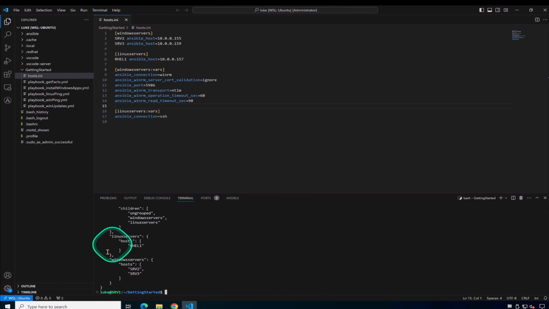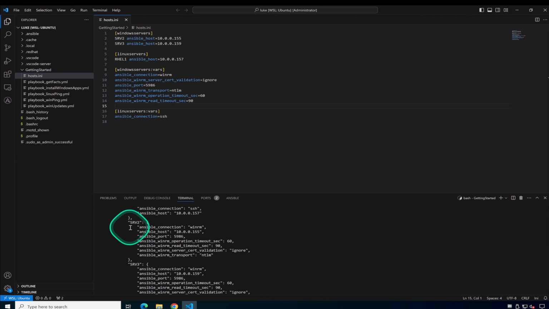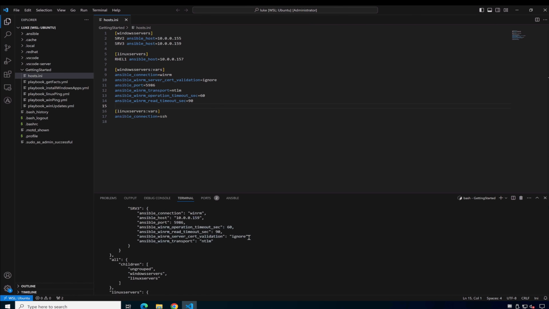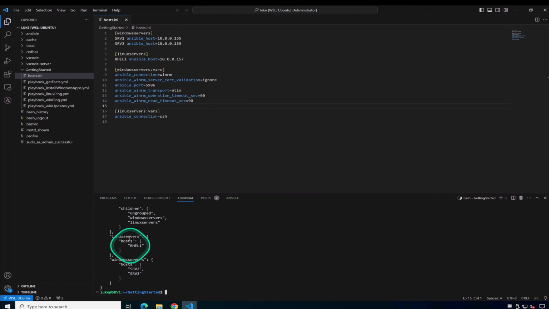So we can see that here's our groups. Linux servers, there's one host called RHEL1. And then in our Windows servers, we've got two hosts, SRV2 and SRV3. These are the parameters that will be passed to Ansible whenever Ansible attempts to connect with the modules. And we'll be using win_ping to validate that we can connect to our Windows servers, and then we'll just be using the ping module to connect over SSH to our Linux host. So we can see that we didn't get any errors